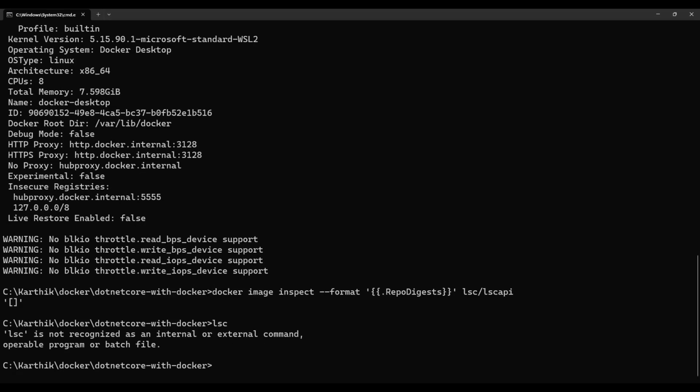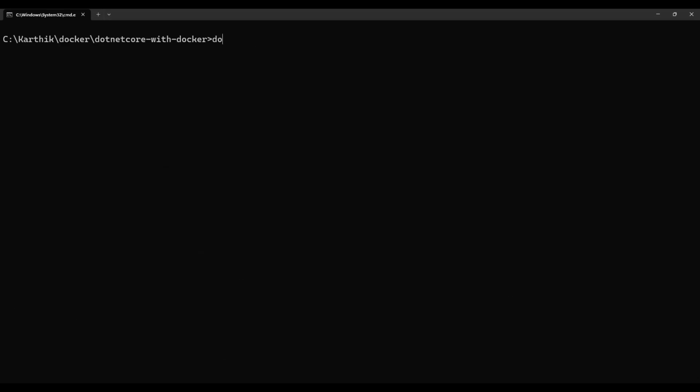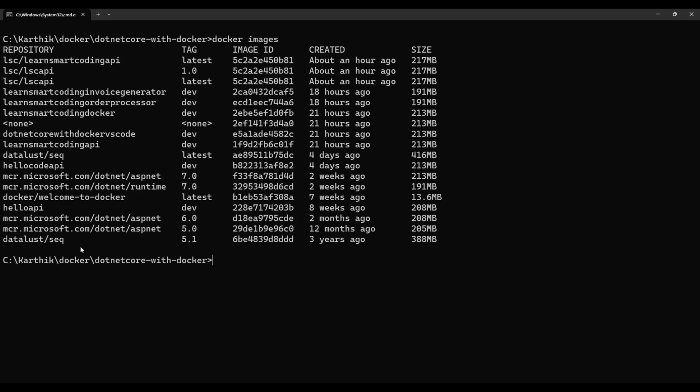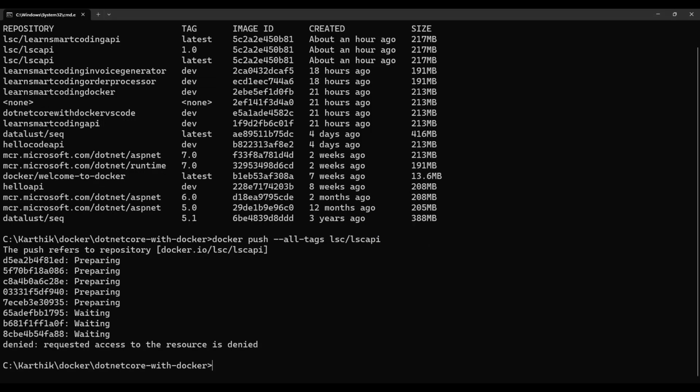So the first thing you have to do is docker images. Okay, we are able to see all the images, so far good. So what we will use is docker space push. We will do dash all dash tags. Okay, you can do a dash help and see what that means. So we are trying to push this to the repository, to the registry, but